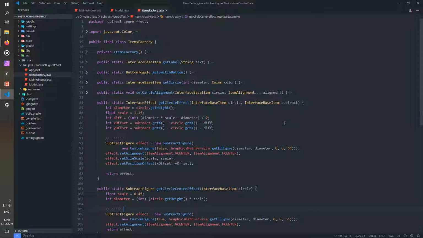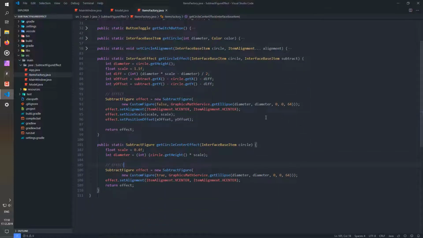Now let's take a closer look at the Subtract Figure itself and what it offers us in terms of customization. To cut out any shape from an item, you need to create it and pass it as a parameter, for example, in the constructor of the Subtract Figure class instance. The following parameters are also available for the Subtract Figure effect: x-axis and y-axis offset, horizontal and vertical alignment, width